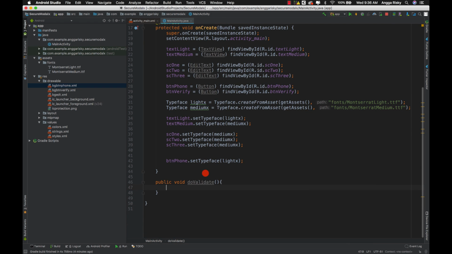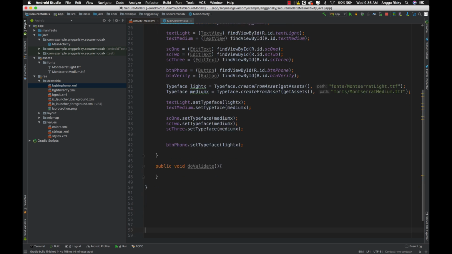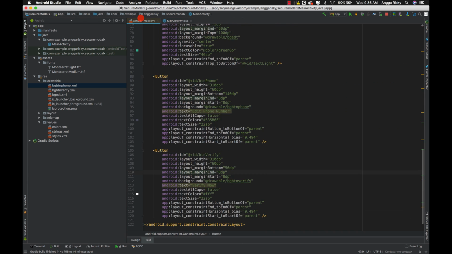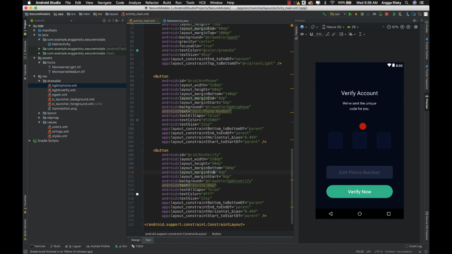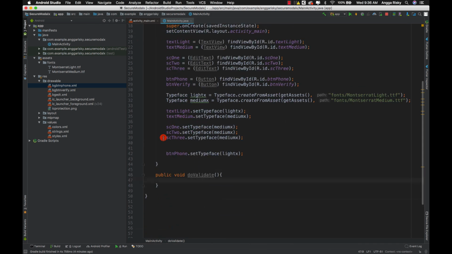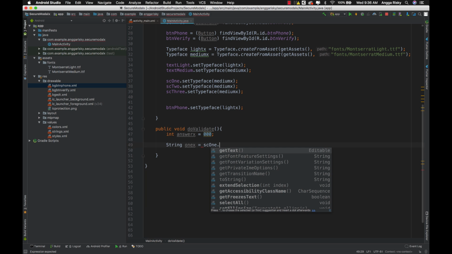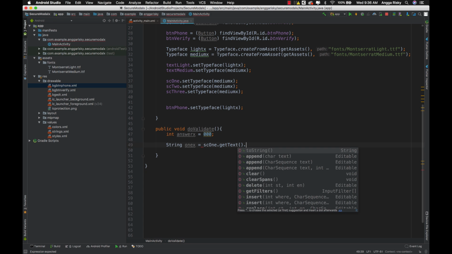All right. So over here we're going to make the validation for these numbers. First of all, I have to give the answer, which is 0 0 0, and then after that I have to give string ones, which comes from sg1 and get text and to string.